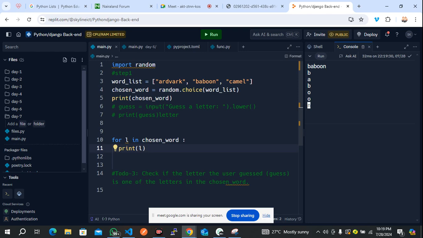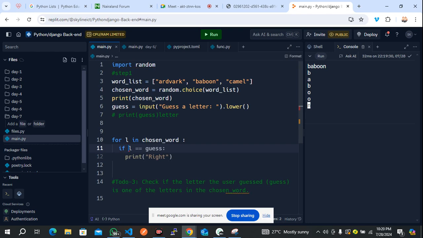Now what we are going to do is use our if statement and check what the user gets, right? So we need to come here and comment on this. If the letter is equal to what the user guessed. Are we communicating? So if the letter the user guessed is in one of the letters in the chosen word, let's say I guess N here, now we'll check if the L, which is the letter in the chosen word, which is B, right, is equal to